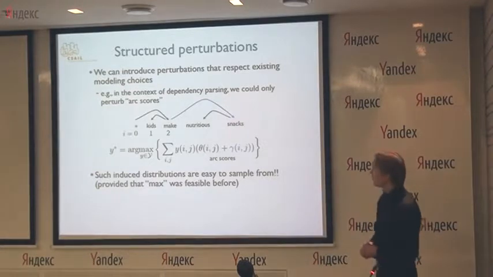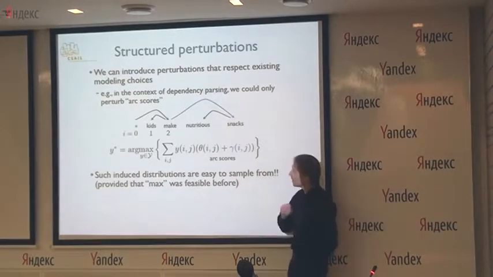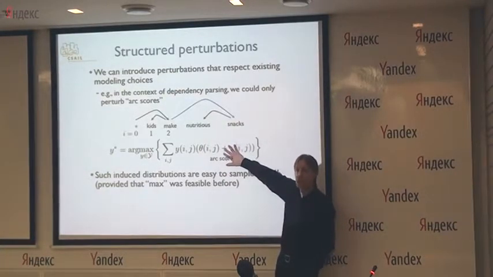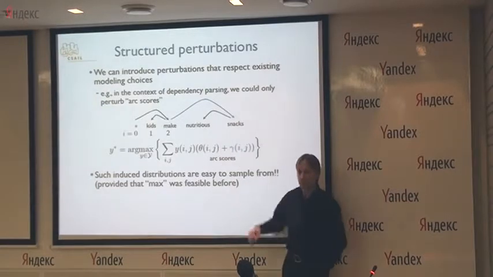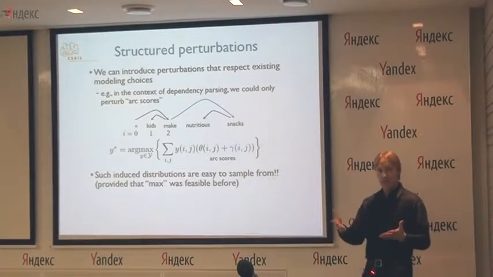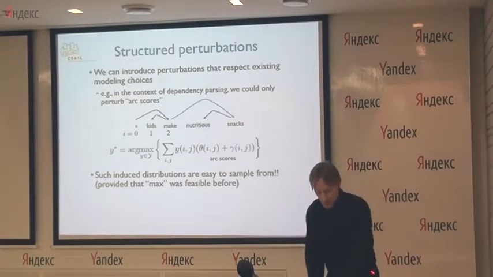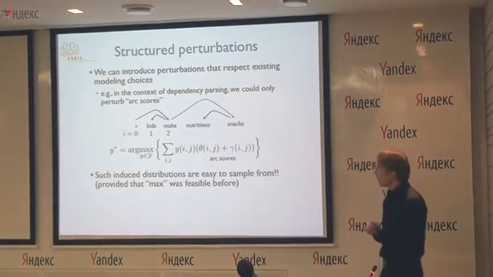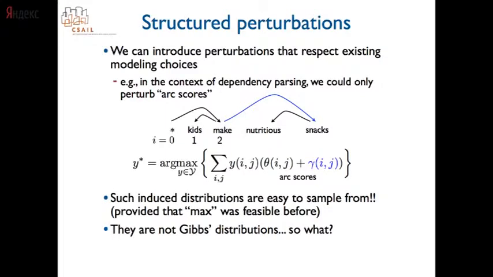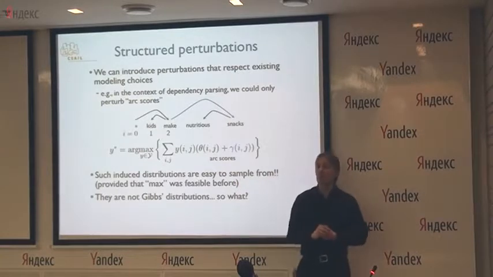And the only constraint for this feasibility here is that the maximization problem prior to perturbation should have been tractable, or solvable in the way that I described in the first part, through approximate methods, but find the optimal answer regardless. All right? The only issue here is that the resulting distribution with these more structured scoring is no longer the Gibbs distribution. There's a well-defined distribution here. I can draw samples easily from it, but it is not Gibbs.